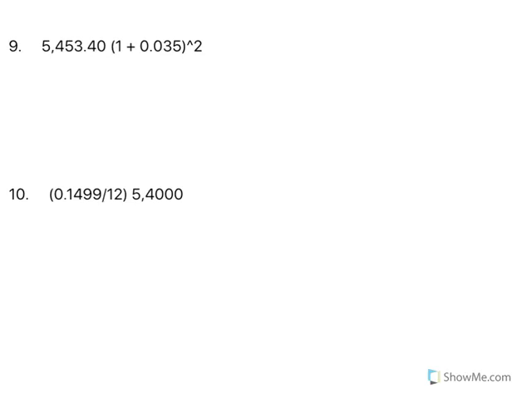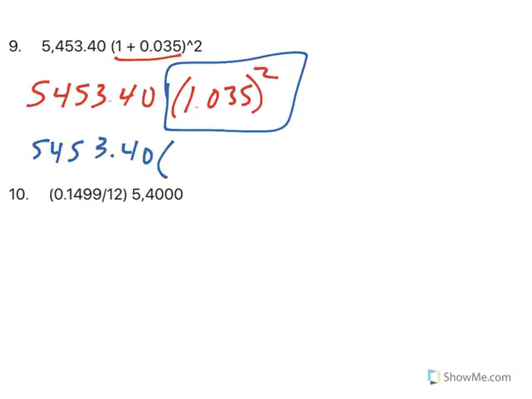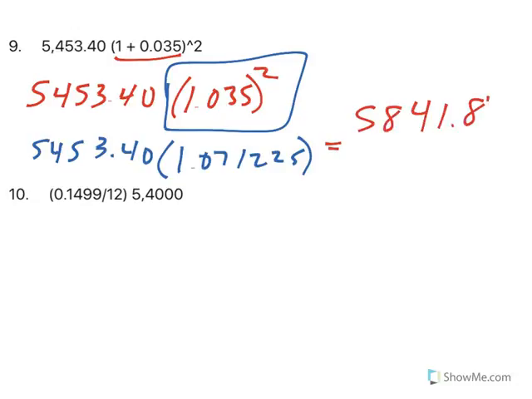Number 9, again, we're going to go inside parentheses first. So we have $5,453.40 times 1.035 raised to the 2nd power. I then do the exponent piece, and again I have the 5,453.40 out front. My exponent now becomes 1.071225, and when I multiply those together, I get 5,841.818. 8 rounds up, so